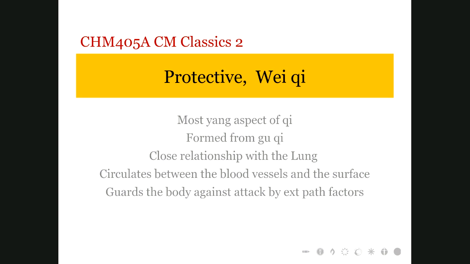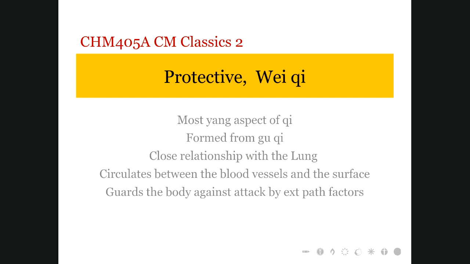We're already familiar with the 4 levels through the diagnosis and pathology study in the first 1 or 2 years of the journey. The first level, Wei level, is also called the protective level, which has a lot of similarities to the Taiyang division we learned in Classics 1. It is mostly the yang aspect of qi in the Wei level, and this kind of qi, from the information provided in the notes, is formed from grain's qi. So that means from the middle jiao's digestion system and corresponding qi, and which has very strong connections with